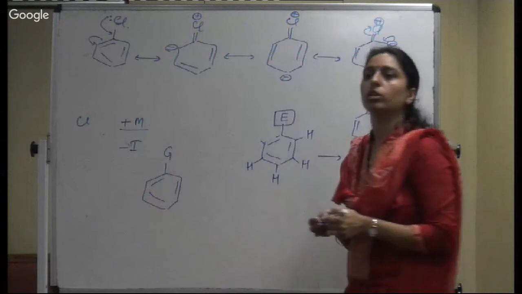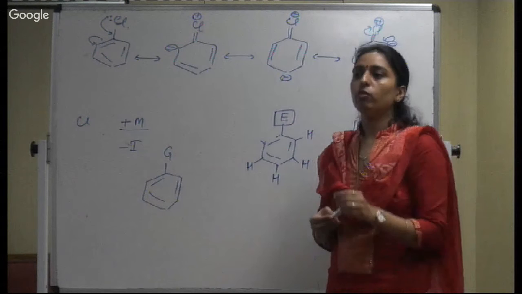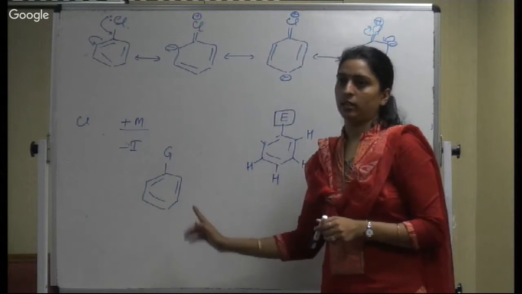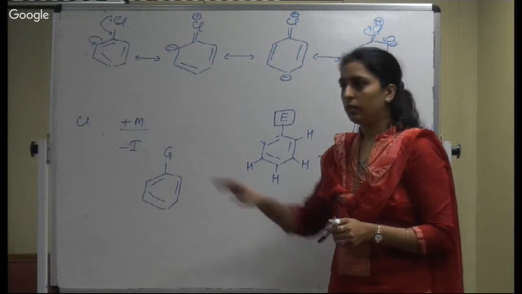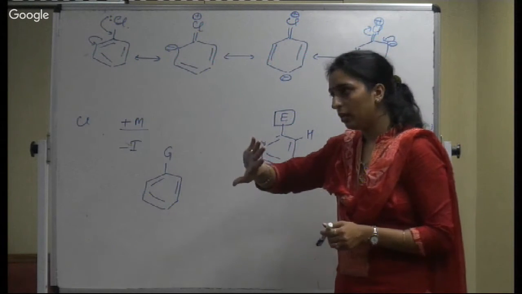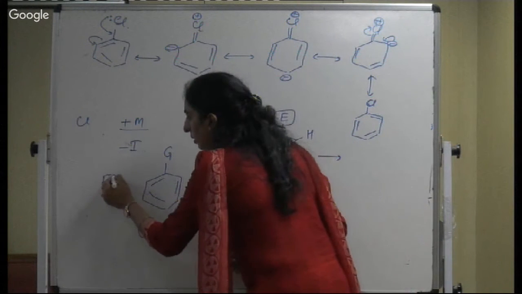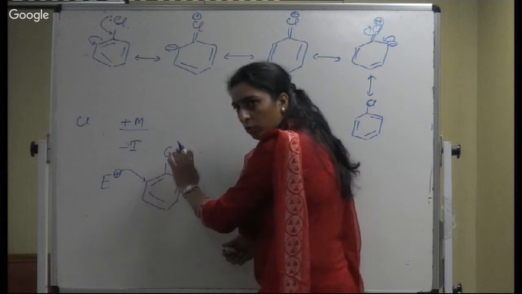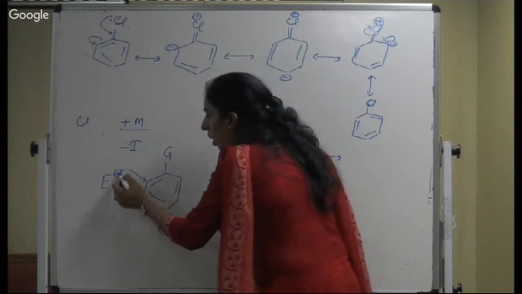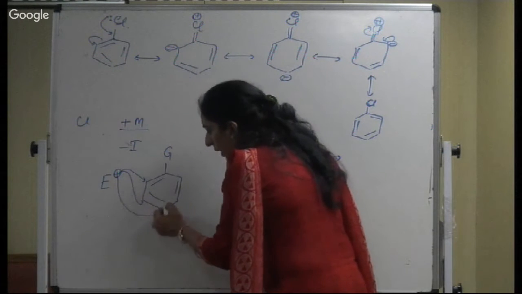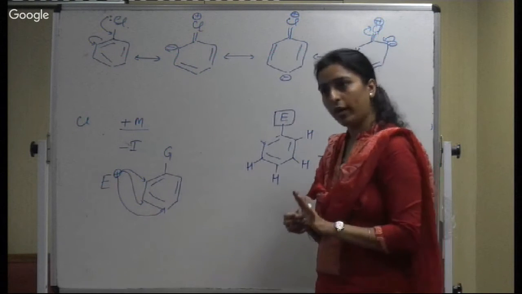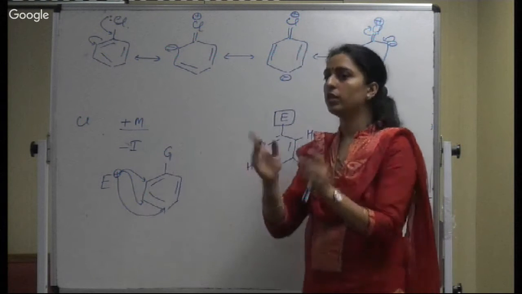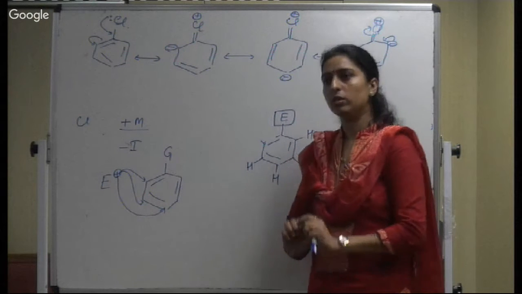Suppose there is a group present on the aromatic ring. If you want to carry out electrophilic aromatic substitution on the ring, the group will direct the second incoming electrophile. Am I clear? That electrophile can be directed at the ortho position. You have an idea about ortho, meta and para, or it can be directed at meta or at para positions. This orientation is given by the group which is already present,